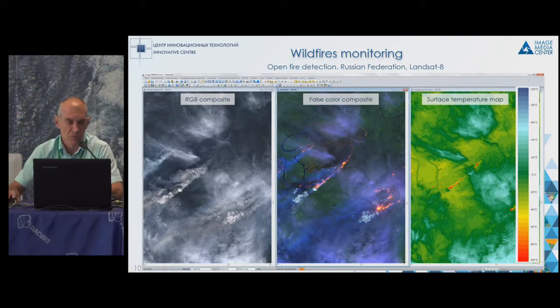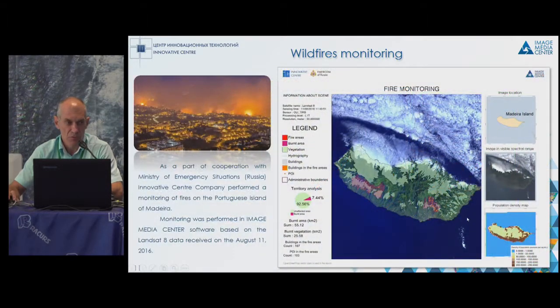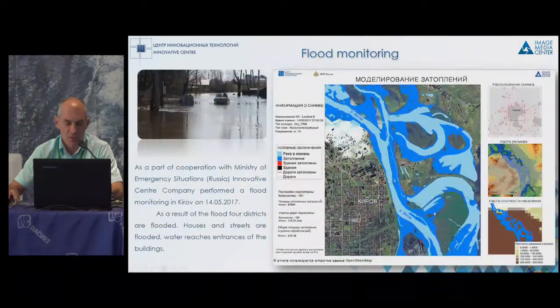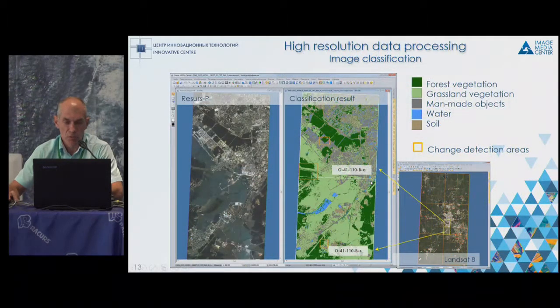Some of the basic things that we do, also in automatic server regime, are temperature maps. The next stage of our cooperation with the Russian Ministry of Emergency Management: we prepare a report and quick processing for fire spots, for the monitoring of floods. These are the real work that we did last year.